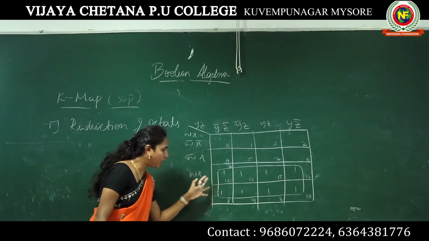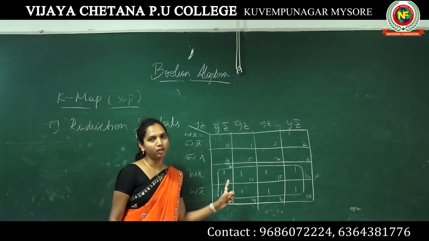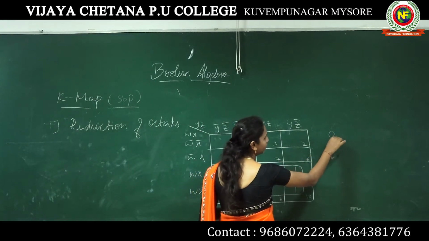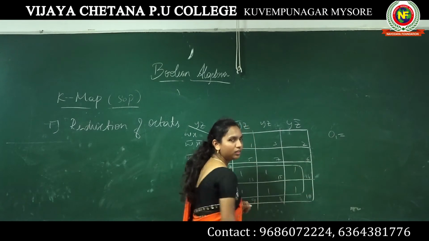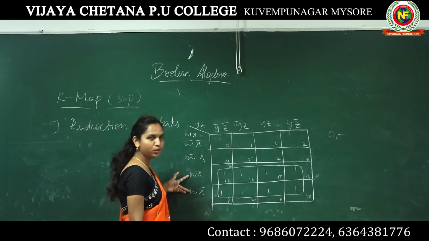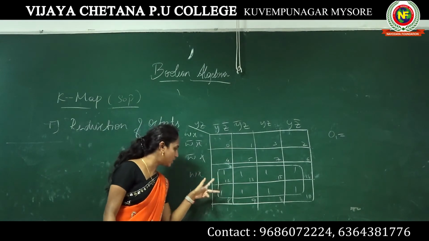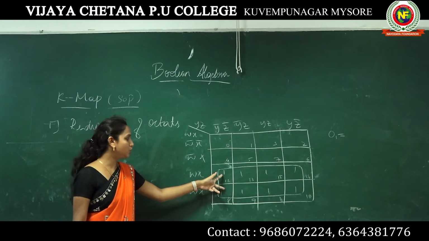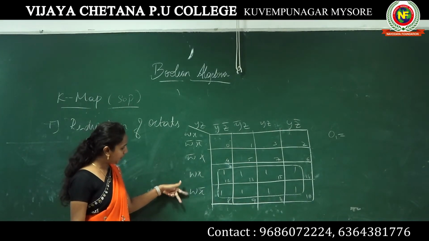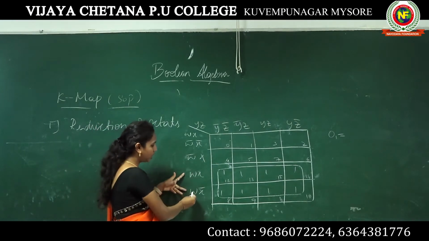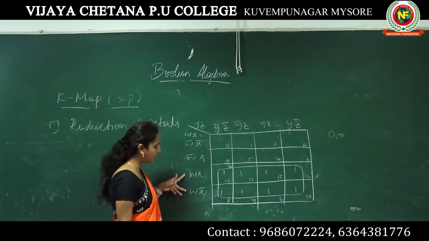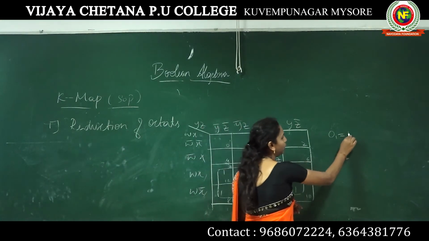Now we have to reduce this one. So here there is only one octet. There is no other. I am taking one octet, so that's why I have written O1 octet. Now we have to reduce it. Consider these 2 rows, because these 2 rows are occupied by 1s. Again I am comparing the variables. So W is common. There are no changes with it, but x and x bar are there. So x and x bar are cancelled, remaining with W.